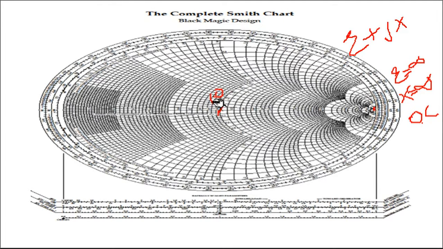Now from this 1.0, if I start moving to the left hand side, the value goes on reducing: 0.9, 0.8, 0.7, 0.6, 0.2 and 0. So here I will get r equal to 0 and x equal to 0, and this point is called a short circuit point on the Smith chart. Now there are 3 points that we are talking about. First point is match point, that is the middle one, 1.0. On the right hand side, open circuit point. On the left hand side, it is a short circuit point.